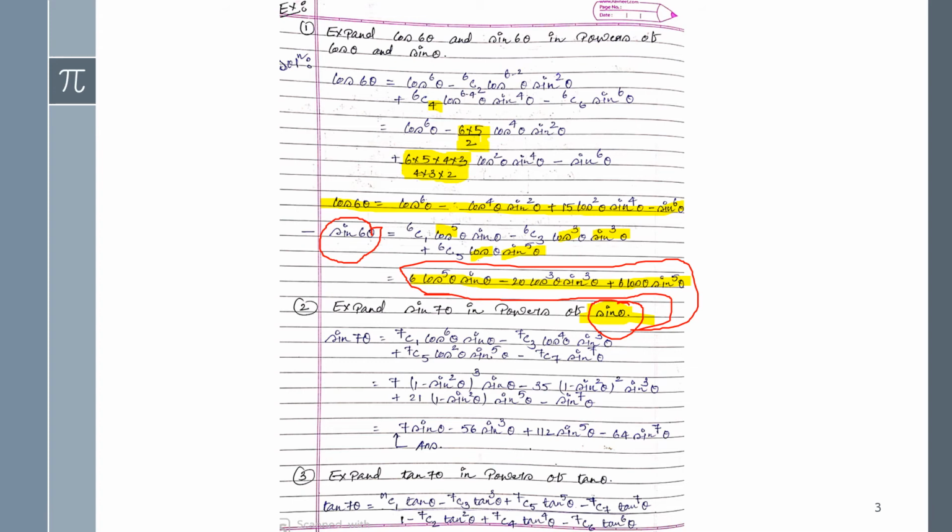Okay, now next one is given, expand tan 7 theta in powers of tan theta. Okay, here it's given for tan, and for tan n theta of course we have a formula. So directly I am applying its formula like nC1, nC3, nC5, nC7, and in place of n we will put 7. So 7C1, here it will be 7 guys, then 7C3, 7C5, 7C7, that will be your maximum, that will be your final.